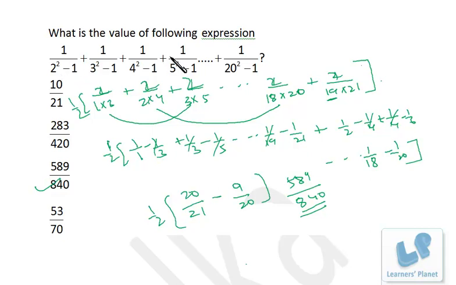So whenever you see this sort of sum, just break it into a minus b, a plus b format, and you'll be able to see this sort of sequence. After that, multiply and divide the expression by the difference between these two numbers. Then this expression 2 upon 1 into 3 can be simply written as 1 upon 1 minus 1 upon 3, right? If you take the LCM, you'll get 3 minus 1, that is 2 upon 1 into 3. This question will be very easy to solve if you know this technique. Otherwise you cannot solve it, obviously, because you cannot take the LCM of this huge expression.